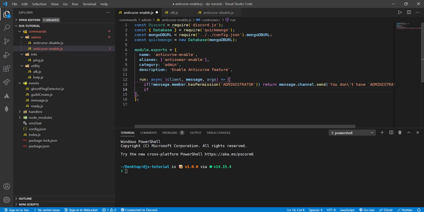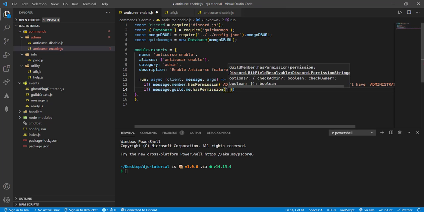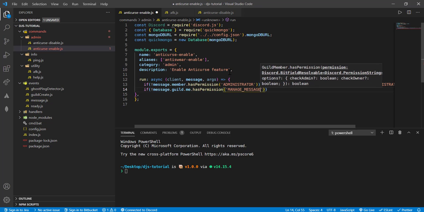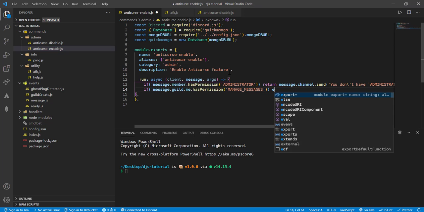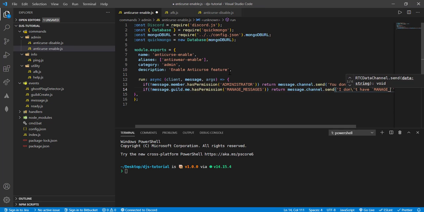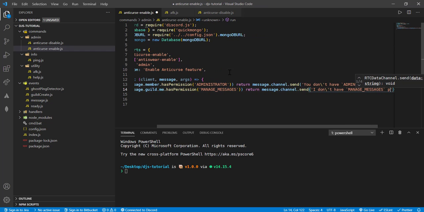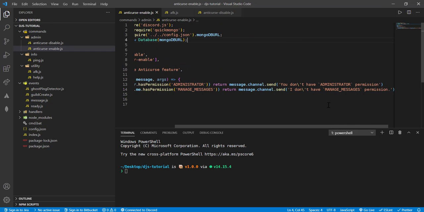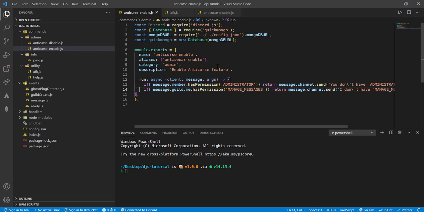And then if message.guild.me.hasPermission manage messages, return message.channel.send, I don't have `manage message` permission. Alright, after we have checked it, then